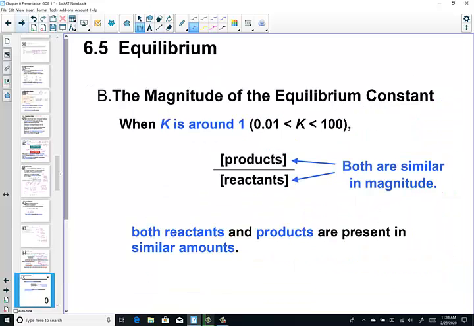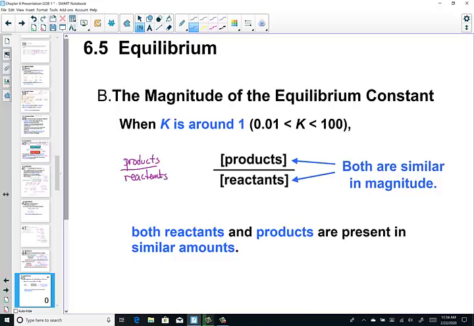And what about, you may ask, if we're very close to 1? What if we have the ratio of products over reactants and we come out pretty darn close to 1? Well, that means we have pretty close to an equal amount of products and reactants in our reaction vessel. So both the reactants and products are present in similar amounts. And if K is exactly 1, they're exactly in equal amounts. So in terms of writing product over reactants, we're using about equal size letters to emphasize they're in equal